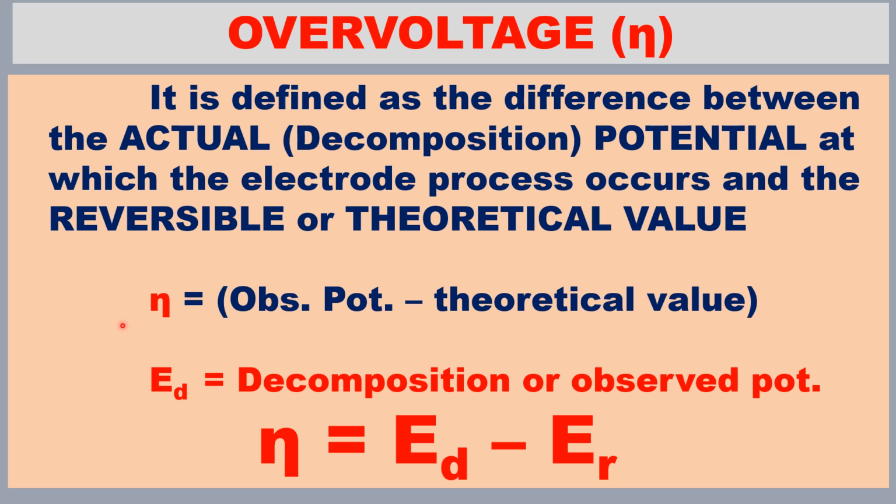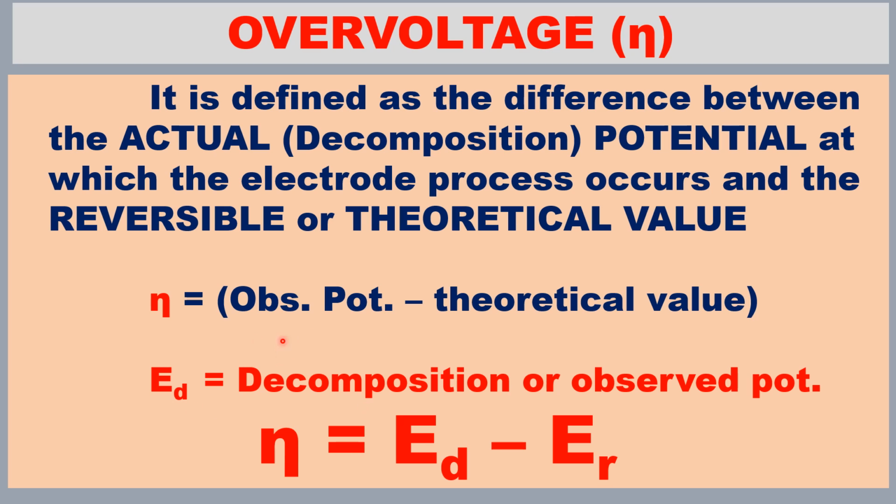Mathematically, the overvoltage is expressed as observed potential, actual decomposition potential, minus deposition potential, or we can say the potential at which it deposits. So observed potential minus theoretical value,